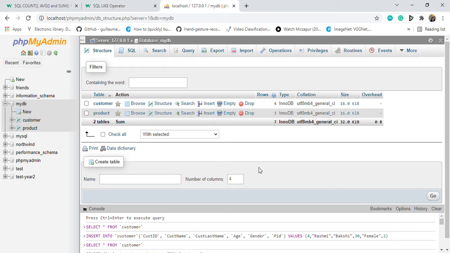Hello everyone. So in this short tutorial we will continue with SQL queries. In the last class we created two tables, customer and product, and we added some data into it and we used certain queries such as select, alter, update. So moving on with those, let's now